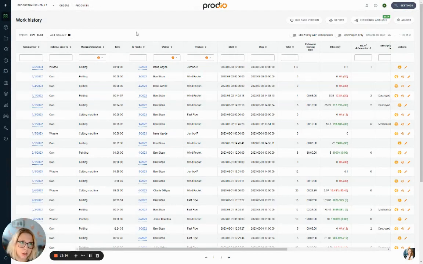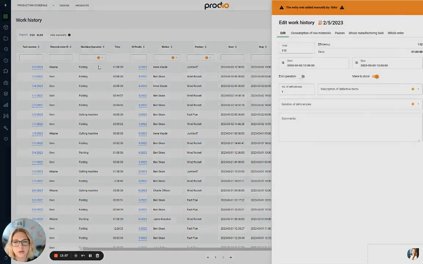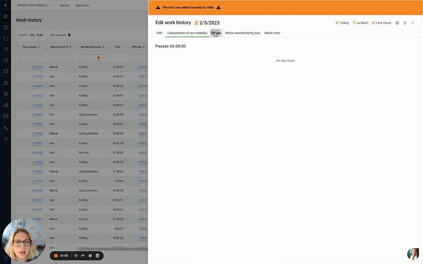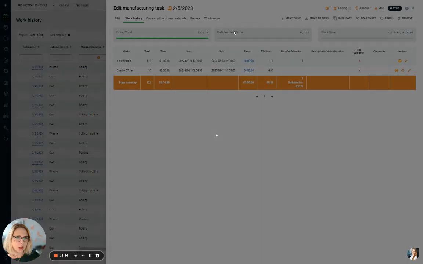Okay, and now some general information. For example, if you would like to print some ready pallet card or label or print order, everything is visible and easy to make from this place. Another thing is that when you click on some specific entry, first you see the edit tab, then you see the raw materials tab, later you see pauses, so you know exactly who was on this pause for how long, etc. And from this place you can go a little bit above because you see the